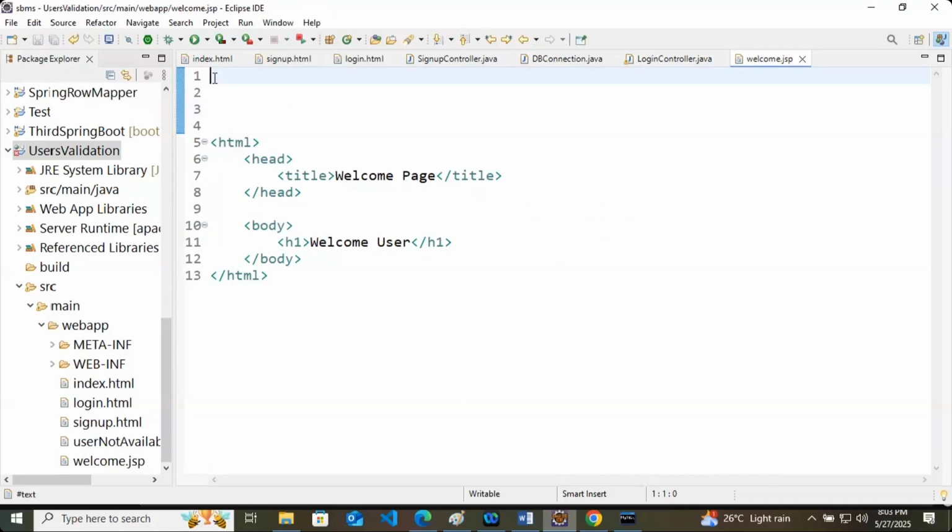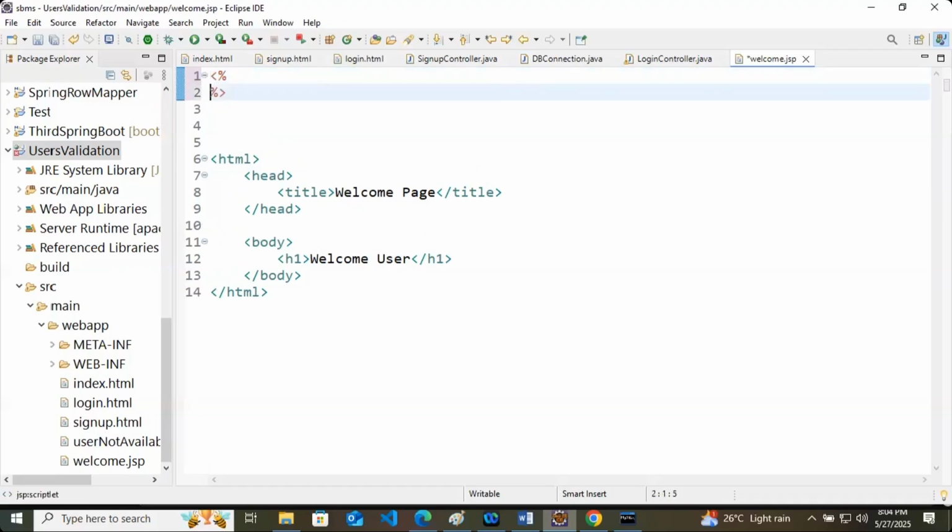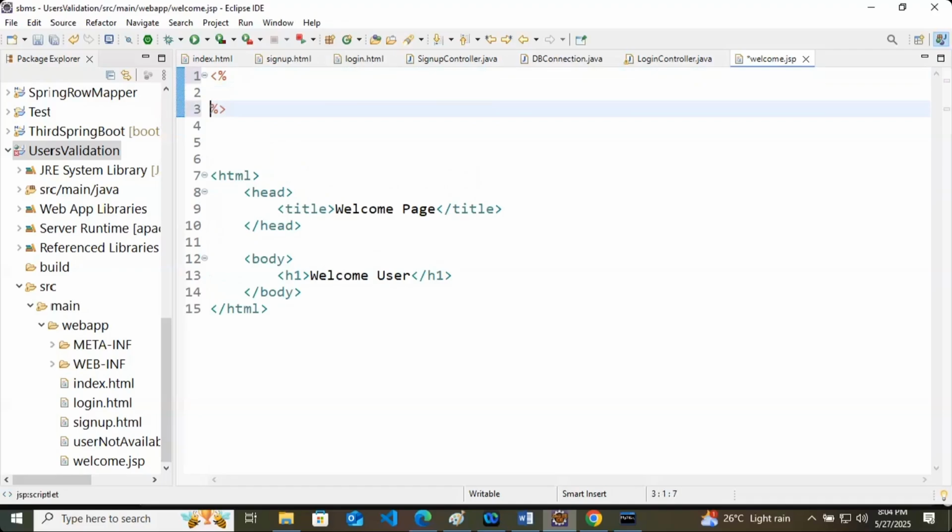If you want to write the tag of JSP, they are written like HTML tags only, with an added percentage sign, like this. This is a tag of HTML. Add a percentage in between like this. This is a tag of JSP now. This is the only difference, right?